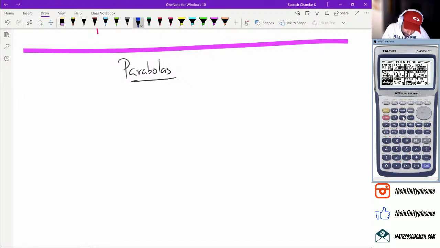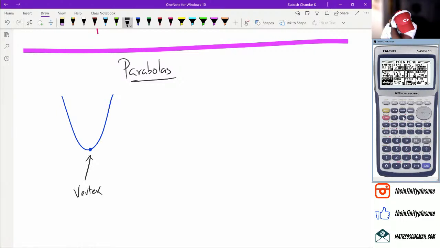All right. With a parabola, what we have is that right there is the vertex, right? Now, a parabola has 3 different forms. I'm going to write that down first,